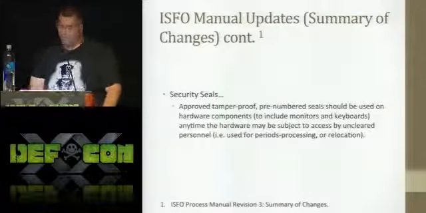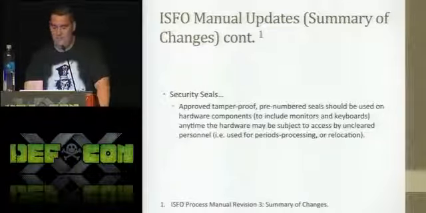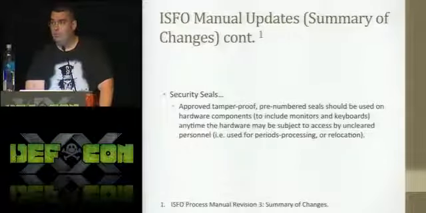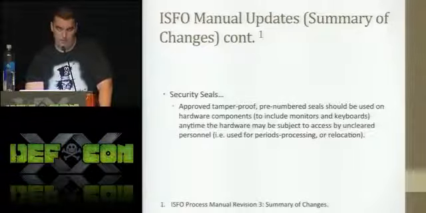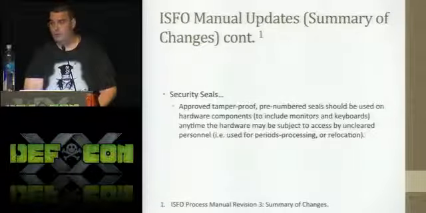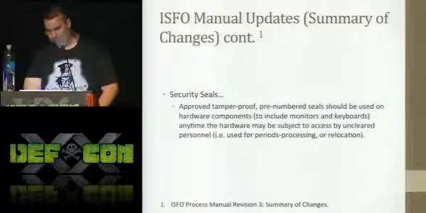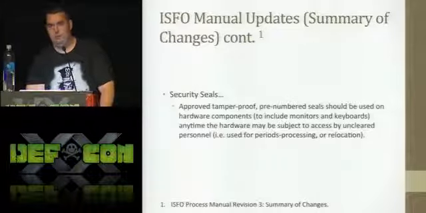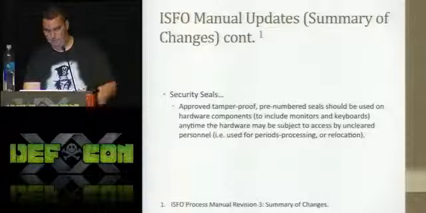The last one is security seals, and I find this funny because of the big tamper-evident contest every year. They have to be approved tamper-proof seals that are pre-numbered. Now, I can tell you internally, there is no approved list. So what an approved tamper-proof seal is, I don't know. We just go out there, and if there's a number on it, I've seen people put a marker number on it. Cool, works for me. When you process, you're supposed to make sure no one's put a keylogger in your keyboard, and you just look for the tamper seal.